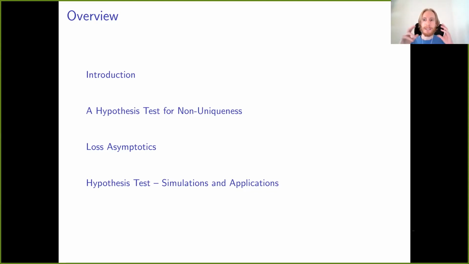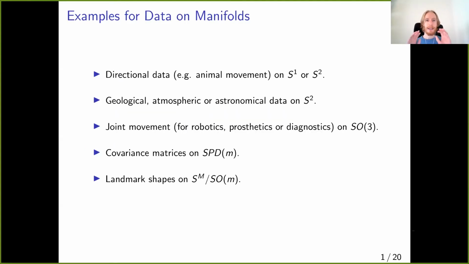I will present always only one specific example, but I think they are prototypical for these types of systems and illustrate the types of problems that can arise. Okay, so now let's first start at the beginning. I'll start with some examples for data on manifolds, because we will use the setting of data on manifolds, and some of you might not have had very much contact with that. So I'll give some examples here